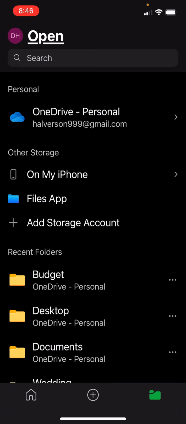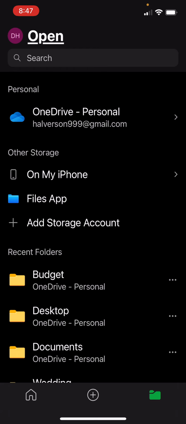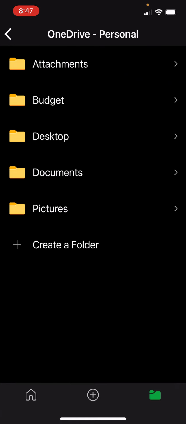The next thing you need to do is you need to go onto your computer or wherever you have your budget set up, and you need to go onto the files, and I'll make another video showing that side of it, but essentially you'll need to hook that Excel file up to OneDrive. And then once you do that, we'll be able to click right here on this screen on the personal part for the OneDrive. You just click on OneDrive and it'll pop up